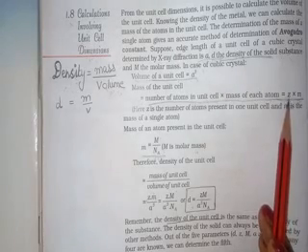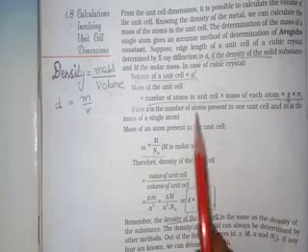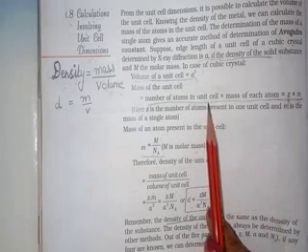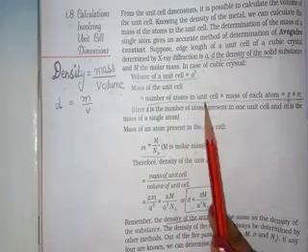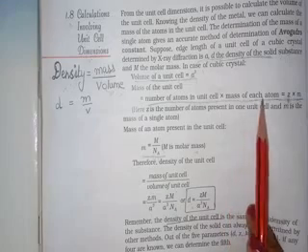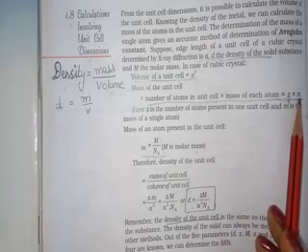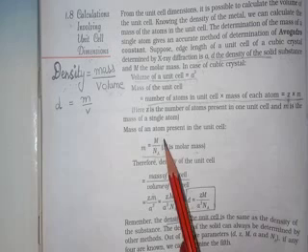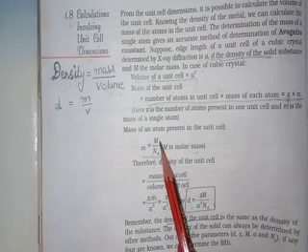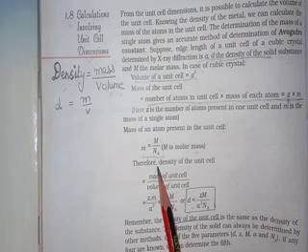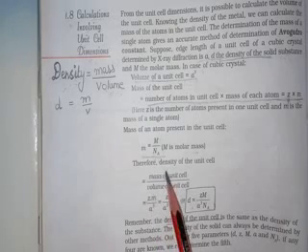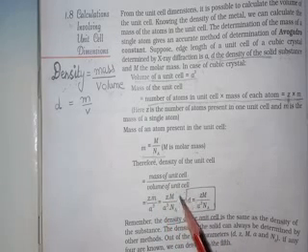Now you know this Z, that is the number of atoms, will be 2 in case of BCC, 4 in case of FCC. So here you know how the number of atoms is calculated, and we need the mass of each atom. Now the mass of each atom is equal to M upon Na. Now this capital M is for molar mass, Na is Avogadro number, which is equal to 6.022 into 10 raised to 23. So density of a unit cell is equal to mass of unit cell upon volume of unit cell.